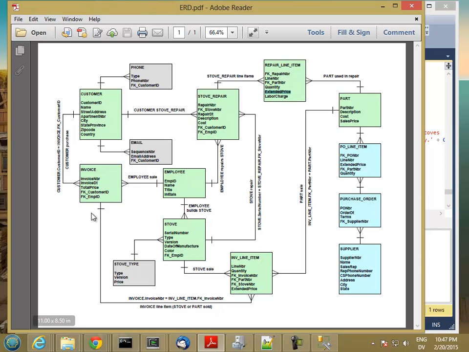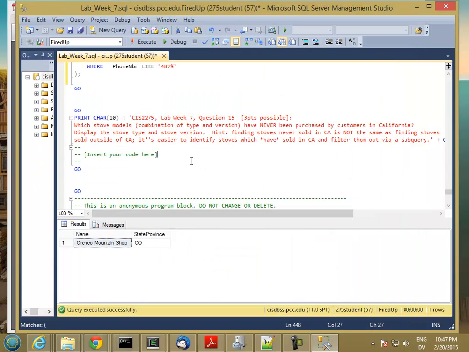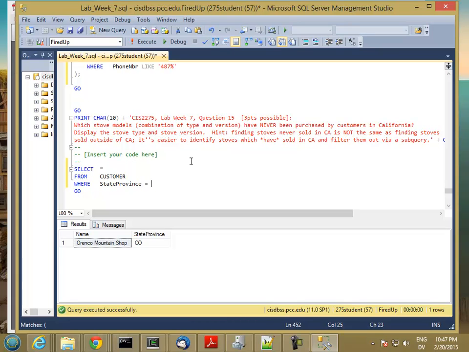That gets us the stove type and version from the customer in California. So we'll start with select star from customer where state province equal CA. So customers in California,